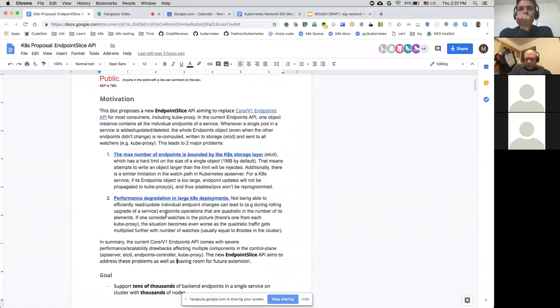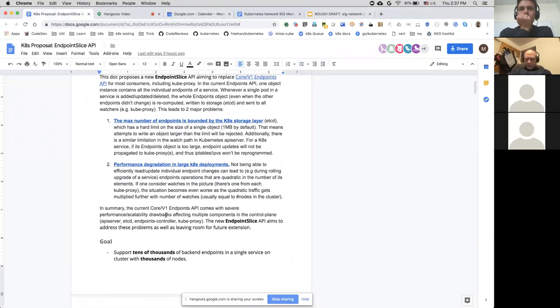So the main goal: there are multiple problems with the existing endpoints API. It has a scalability limit bounded by etcd, right? Etcd by default can only store up to 1 megabyte for a single object, and if you have all the endpoints in one object, eventually you'll hit that boundary.